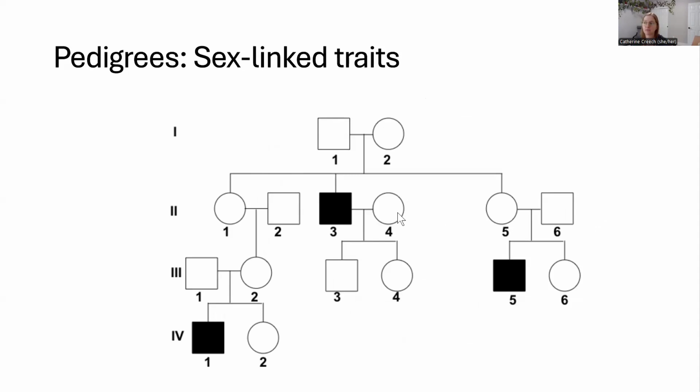affected. But look, it's only men. So this is an unequal association of the trait with one sex over the other. And the reason is because it's usually on the Y or X chromosome. It's almost always on the X chromosome because the Y chromosome itself is small and it doesn't have that many